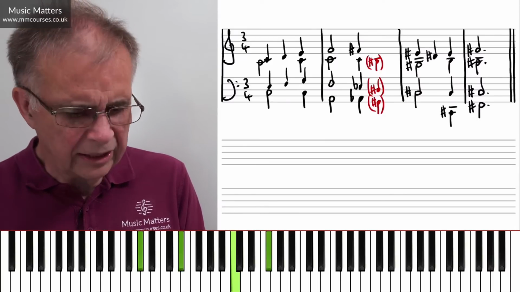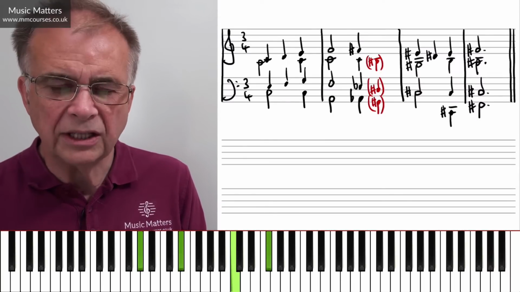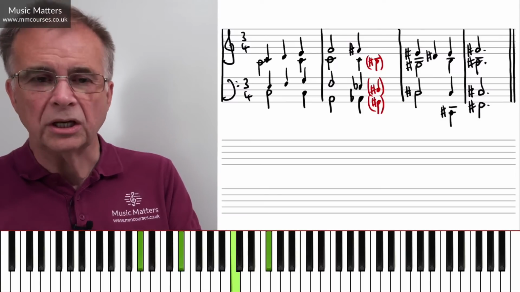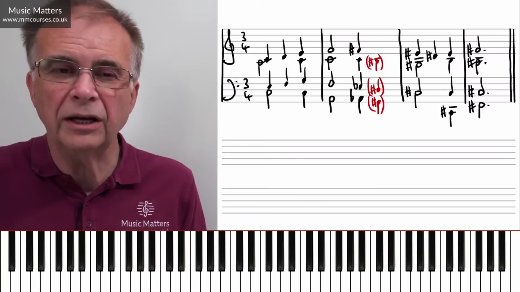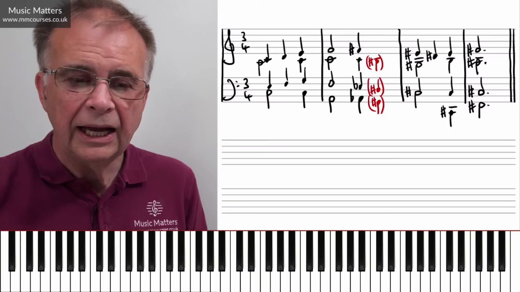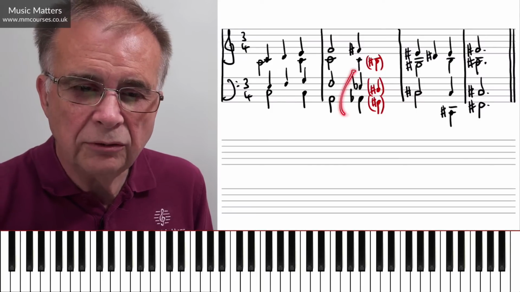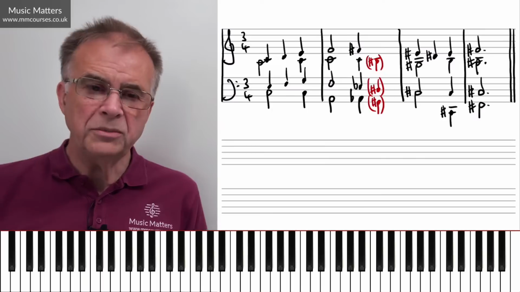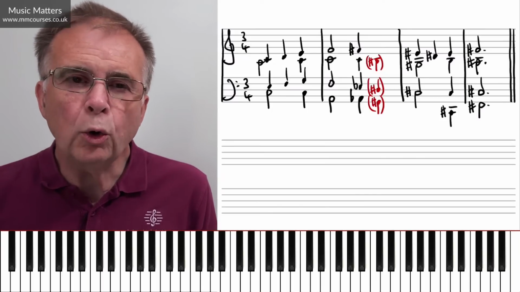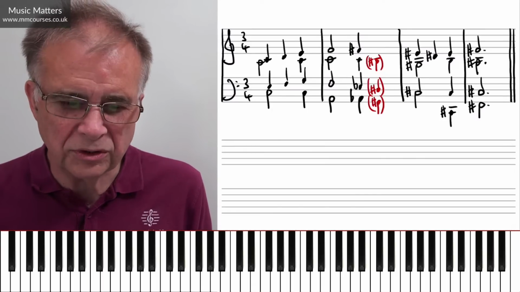Now, when you first look at that chord, you might think, what on earth has that got to do with C major? You might even think, what on earth has it got to do with F sharp major? If we're going to a key with all these sharps, and then you've given us a chord that's got 2 flats in it. What on earth is going on? Well, what I'm doing here is I'm using one of the augmented 6th chords.